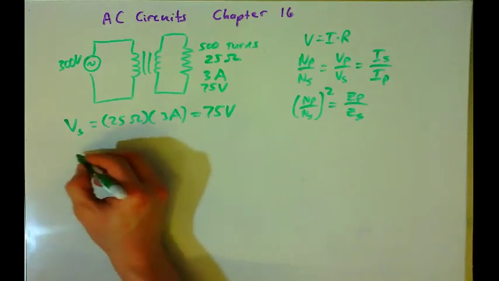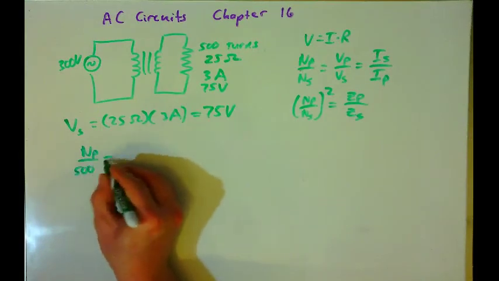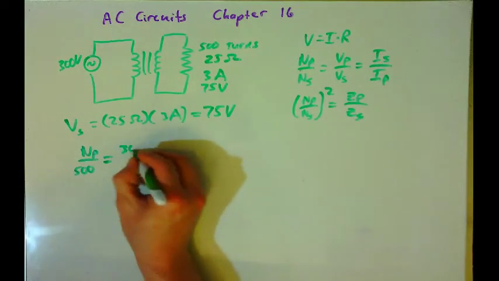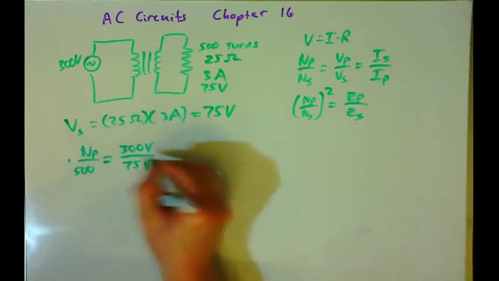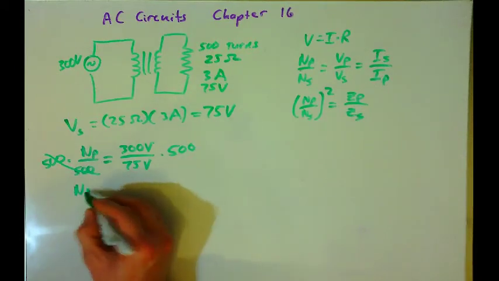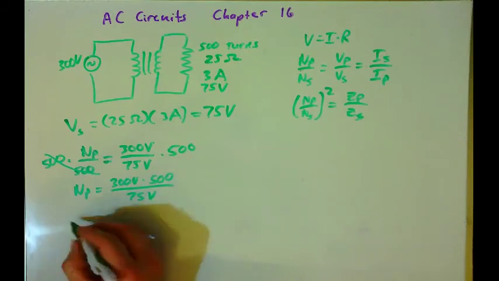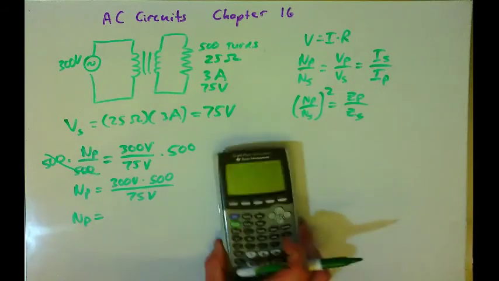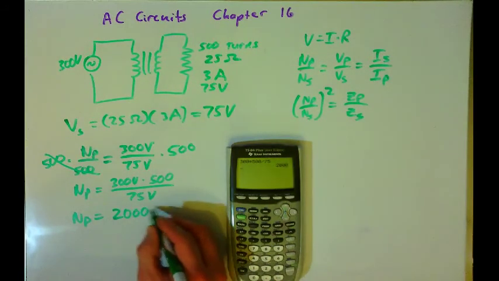So I don't know the number of turns on the primary, but I do know the number of turns on the secondary is 500. The primary voltage is 300 volts. Secondary voltage is 75 volts. We'll multiply both sides by 500 so that they cancel over here. And we can say that the number of turns on the primary is 300 volts times 500 turns divided by 75 volts, and we get 2,000. There must be 2,000 turns